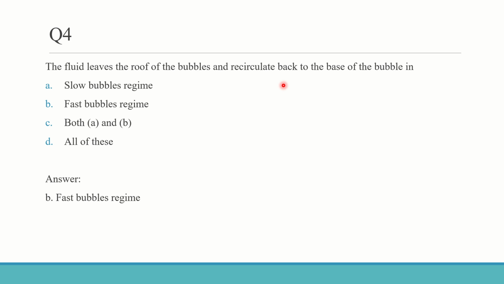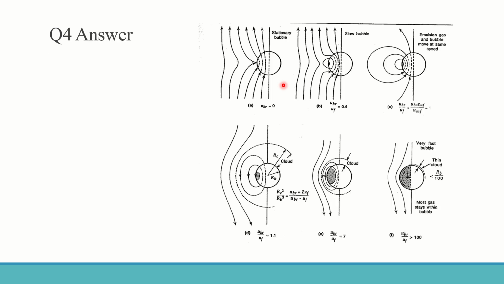Coming back to the question, the fluid leaves the roof of the bubbles and recirculates back to the base of the bubble in option A, slow bubble regime, option B, fast bubble regime. So option B, fast bubble regime is the right answer. I hope you are clear with that. Now we'll go to question 5. Okay, before that, question 4 itself we have